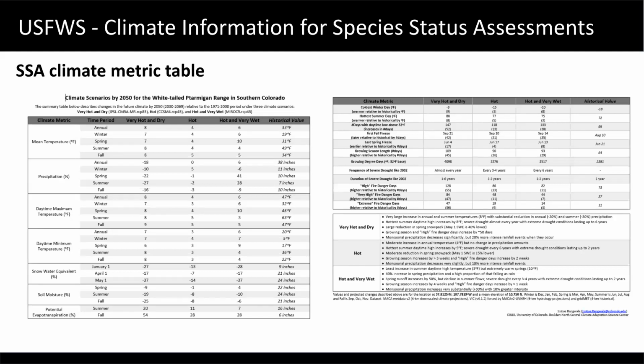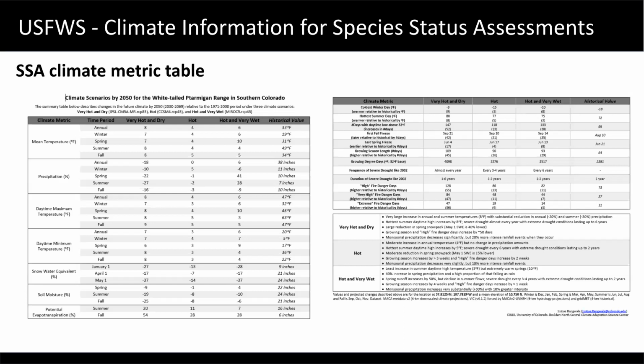So it's been quite an evolution in how this has worked, but I'm going to talk a little bit about that in this summary climate metric table. So this is an example of a climate metric table that we create on the back end. The Climate Toolbox does not create this at the moment, but we do use a lot of the tools within the Climate Toolbox to generate a climate metric table like this. This example is from the southern white-tailed ptarmigan. It's a recent SSA that Karen Newland was the lead biologist on and had a lot of input in as well. But basically what we use the toolbox for, and through a selection process on the climate metrics, which is that first column,